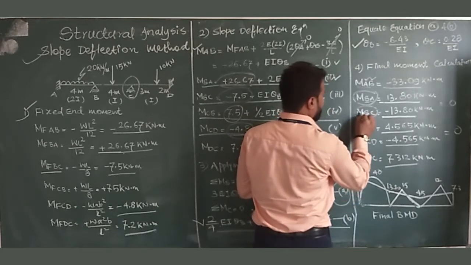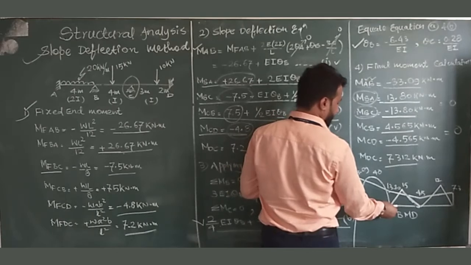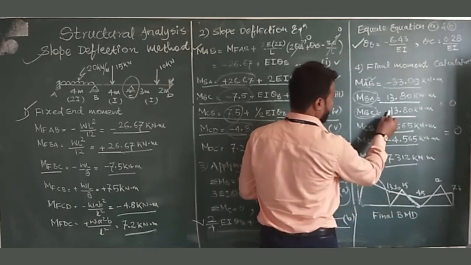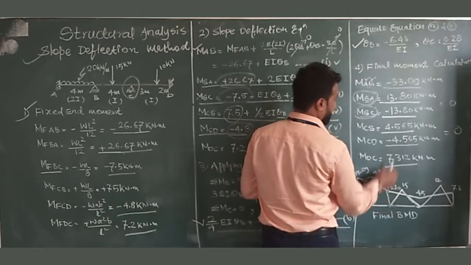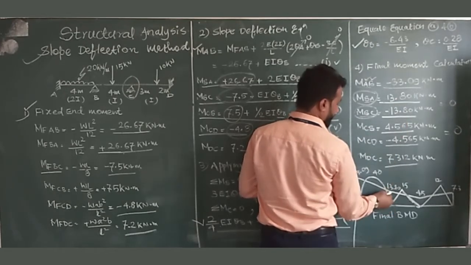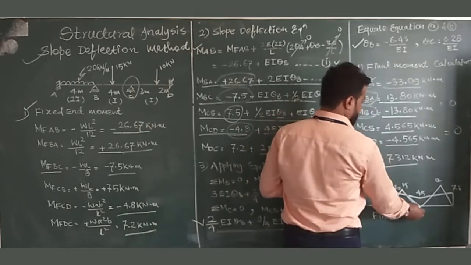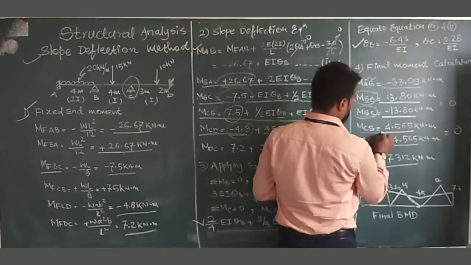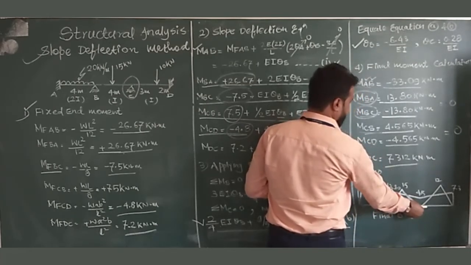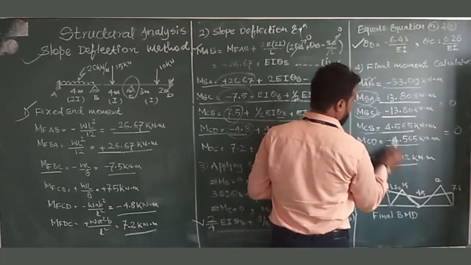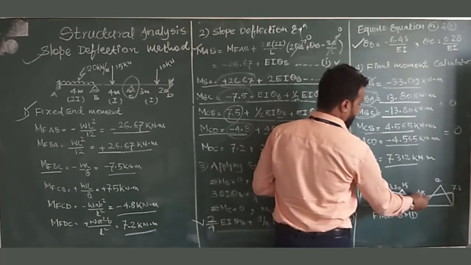Now we will draw BC. So we will keep the pen at B towards the C direction. We will see the sign, that is negative. So we will rotate this in the anti-clockwise direction. The amount is the same, so this will coincide with the earlier point. Now CB, we will draw CB. So we will keep the pen at C towards B, and we will rotate in the clockwise direction, and the sign is plus. So this will come above the line.